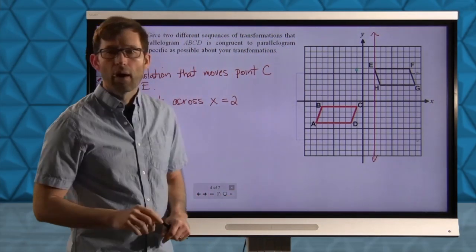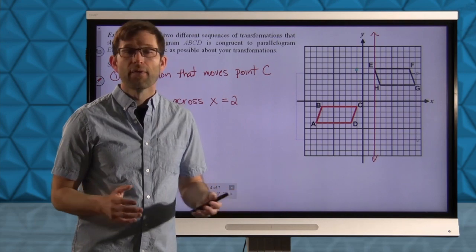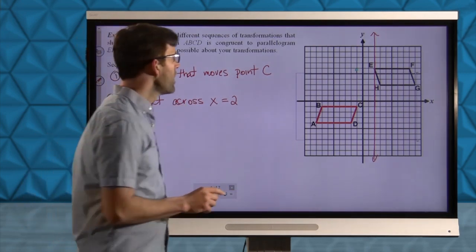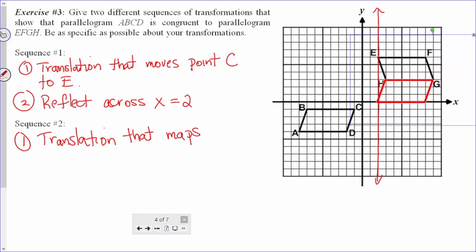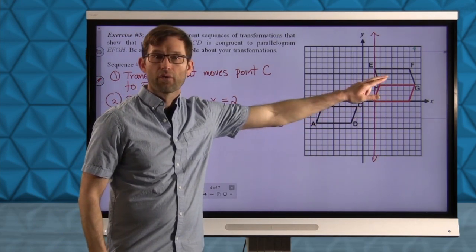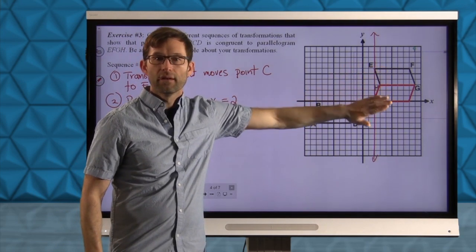All right. Now, another way to do it, and again, there are many different ways, would be to take point B and map it up to point H using a translation. Something like that. So maybe a translation, and I'll use the word maps this time. Maps B to H. All right. But now, if I want the red parallelogram to fall on that, I've got to reflect it, right,